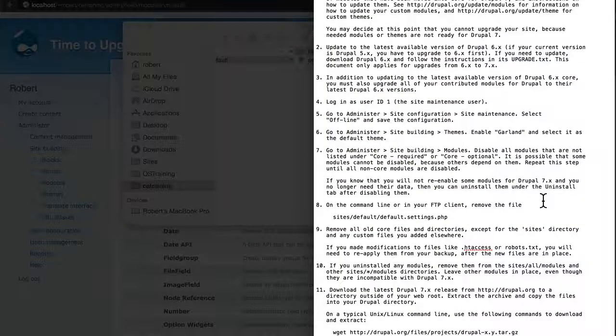Now with that done, it's time to remove all old core files and directories. The exception here is the sites directory, as well as any custom files we've added elsewhere. We'll take a look back at this in a second. Also notice that if you've made modifications to files like .htaccess or robots.txt, you'll need to reapply them after your